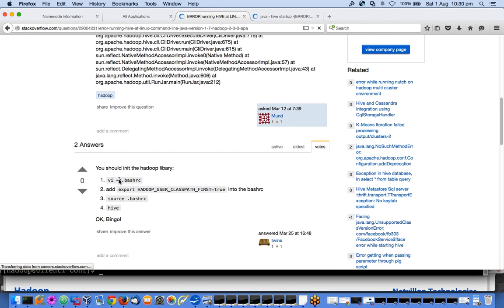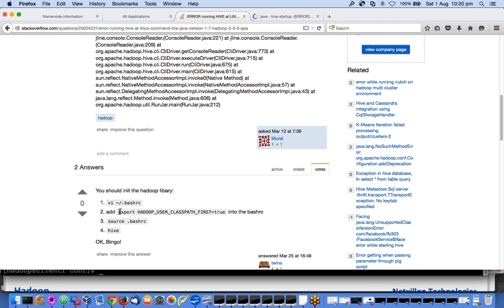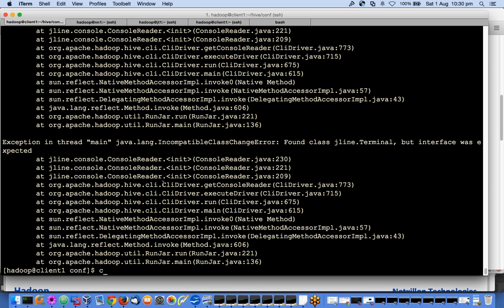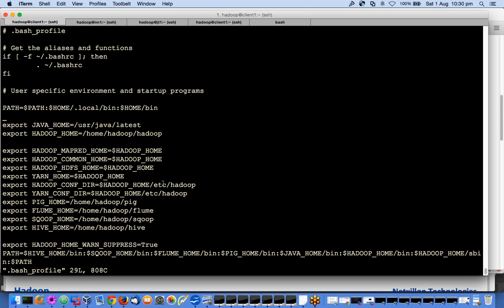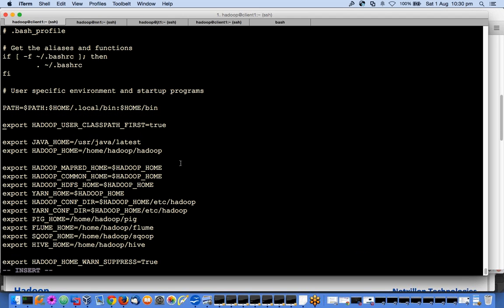Yeah, this I have to import into this. Yeah, I remember this. .bash_profile. Okay, what this variable does actually,